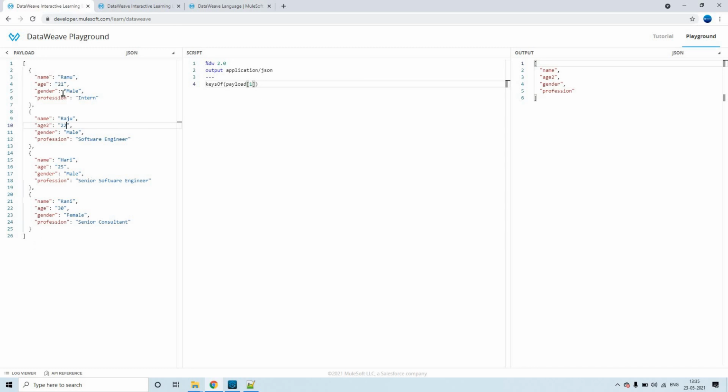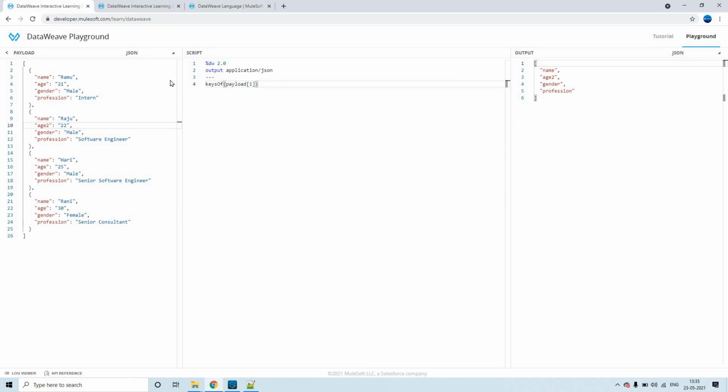In order to fetch keys from an object or an array of objects, you have to put the corresponding expression here, or the relevant path where you'll be finding an object. Ultimately, you have to pass an object inside this. That is what you have to remember. So this is all about keys of.